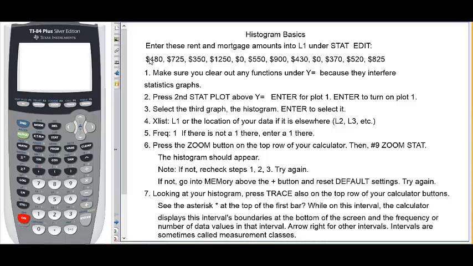Hi, in this video I'll go over the basics of creating a histogram. Let's enter these rent and mortgage amounts under List 1 in Stat Edit. Over to the calculator to Stat, under Edit,